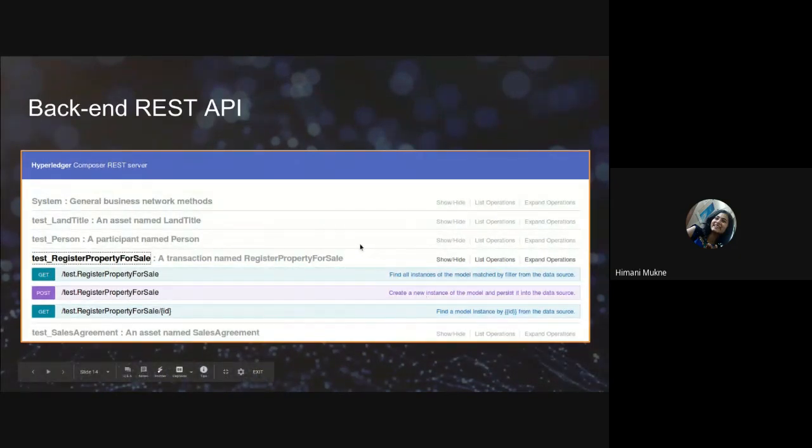Starting at the top, we have defined our asset as land title. We have defined our participant as a method called person. We have defined our transaction as a method called register property for sale. Now, for making any edits from the backend, like how any REST API works, you have to open the post